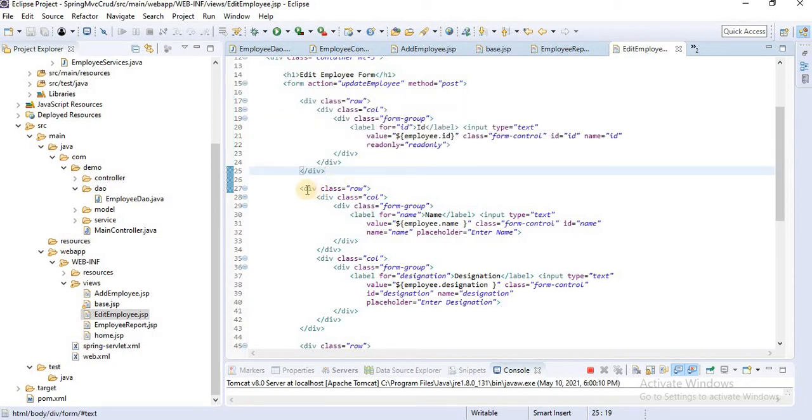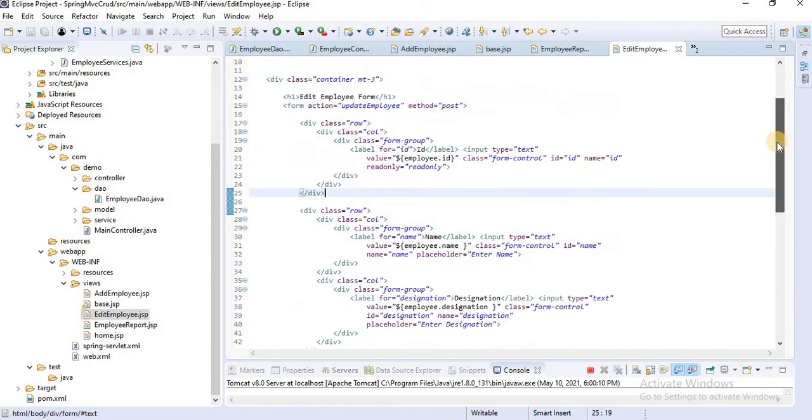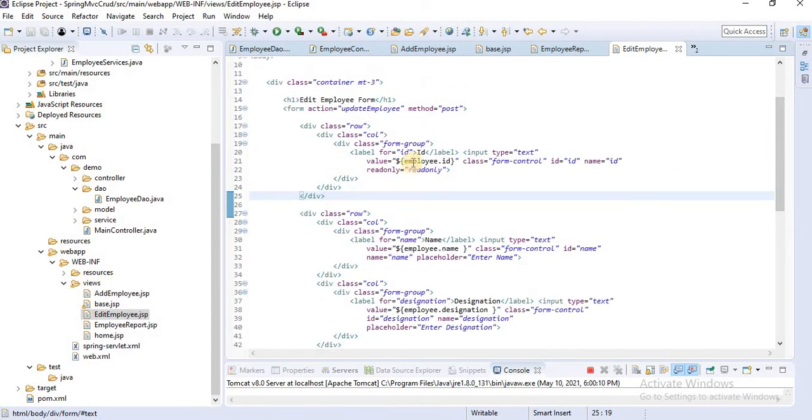Then the second thing, here we use EL, expression language: employee.id, employee.name, employee.designation. That means we have to pass the model through data employee. We have to pass in the model an employee with that particular employee data.